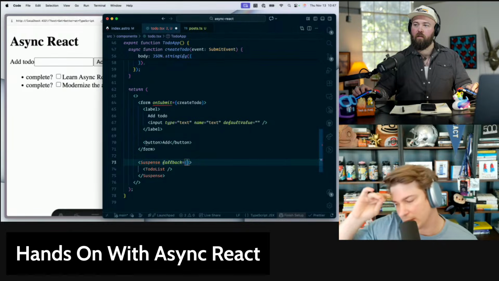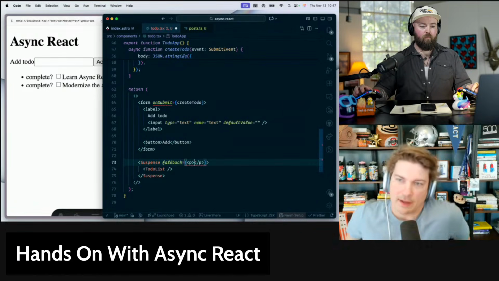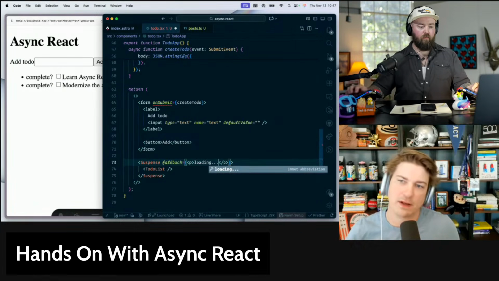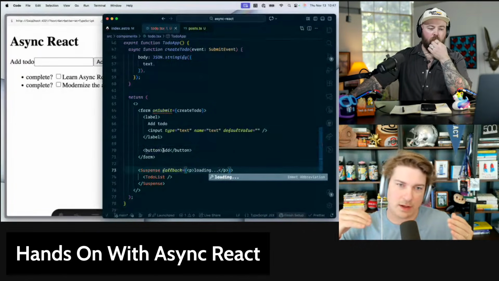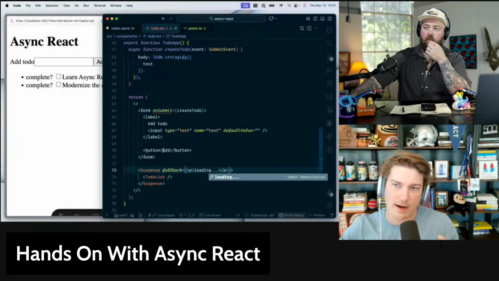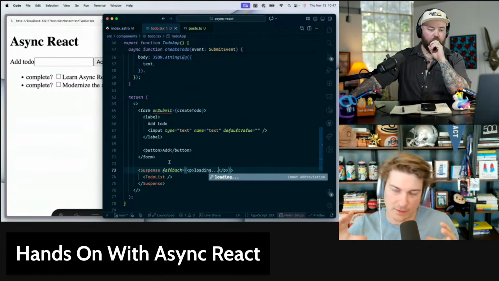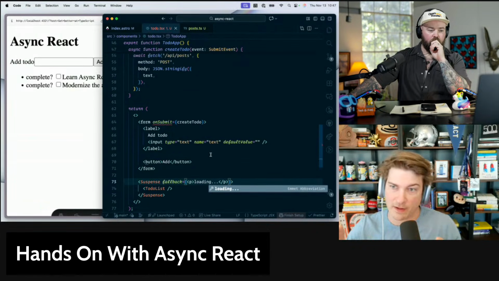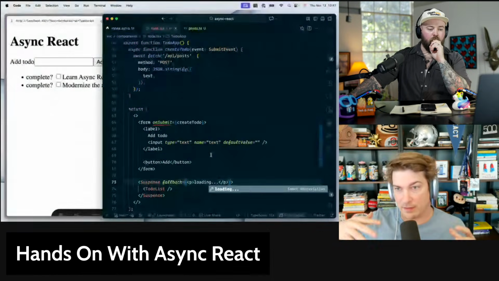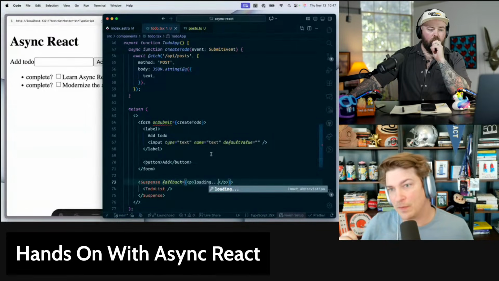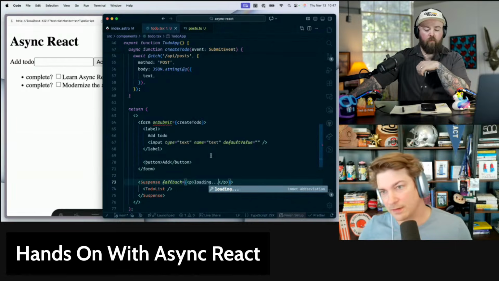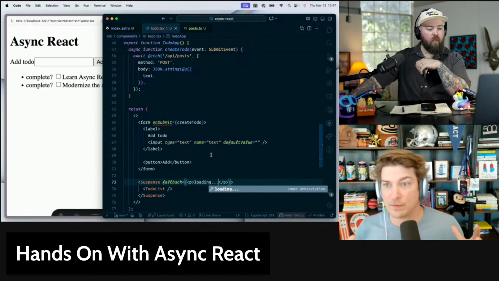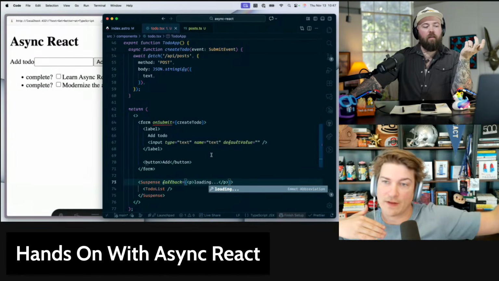Goes to one of the points we were talking about on the podcast of it not just being about making it easier to show a loading state. We've segmented our app into a different segment with suspense, and so React is now able to be like, oh, only that segment, the list part, is blocked, right? So we can render everything else outside of it.